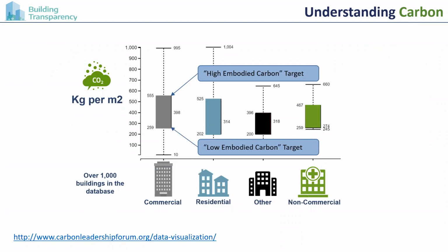Just a little bit of background in terms of how EC3 came to be. A handful of years ago, Skanska actually funded a research study at the Carbon Leadership Forum around just setting benchmarking targets. Skanska was trying to understand and account for our carbon emissions of buildings during construction by taking material quantities and multiplying it by kilograms of CO2 of emissions of building materials using average emissions factors. And what we realized is that all we were really doing was accounting at the end instead of forecasting at